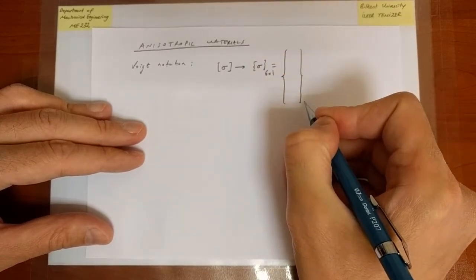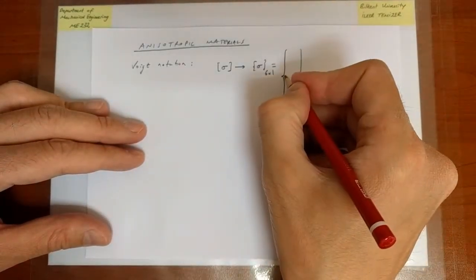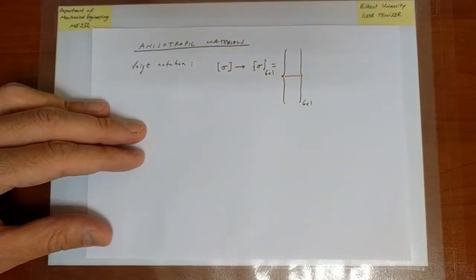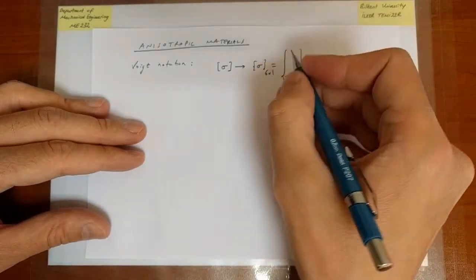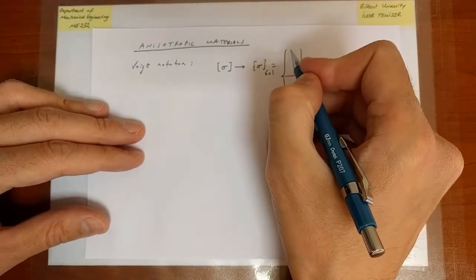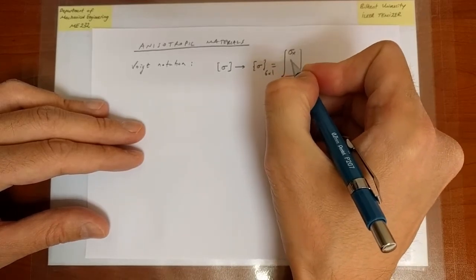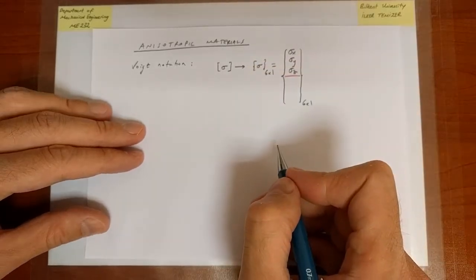It's going to be a 6x1 vector. And we will just cut that vector through 2 because there are distinct components to the stress vector, and that is going to be first the set of normal components, sigma x, sigma y, sigma z,